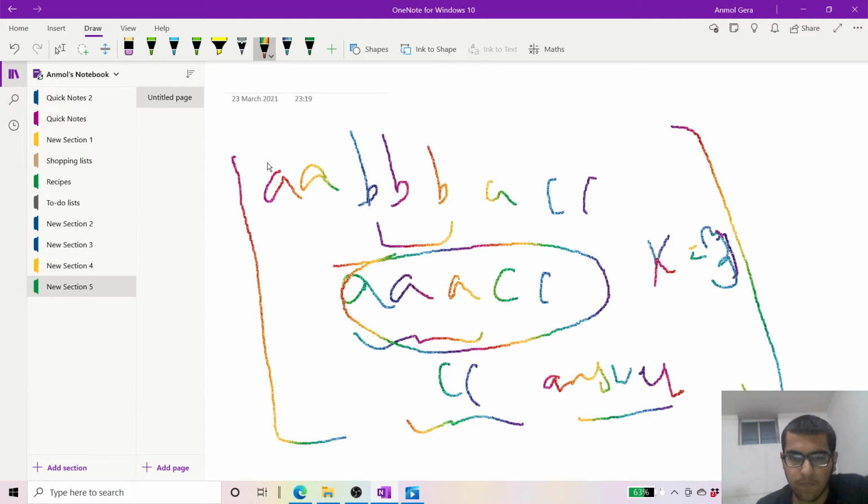Now, what do we have to store? If we're using a data structure, we have to store which character I'm particularly at, and what is the frequency of that character. If I'm at B and the frequency of B is equal to k, let's suppose k was equal to 3, then we have to remove that character.